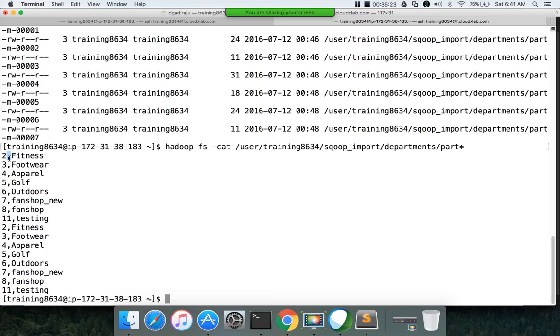In traditional RDBMSs, when we define a table with the create table command with columns, data types and all those things, whenever you try to insert or update a record, it will try to apply the schema you have defined on the data being inserted or updated. For example, if you say the data type for department ID is integer in MySQL or Oracle, and you try to use anything other than integer, it will complain that there is a data type mismatch.